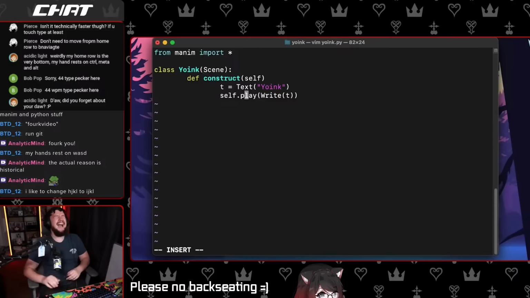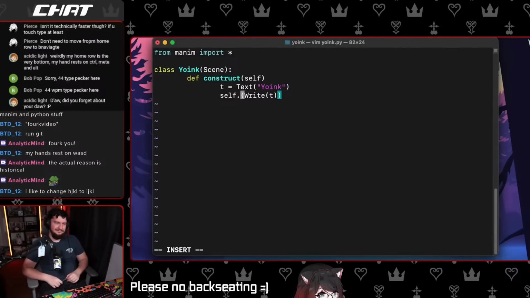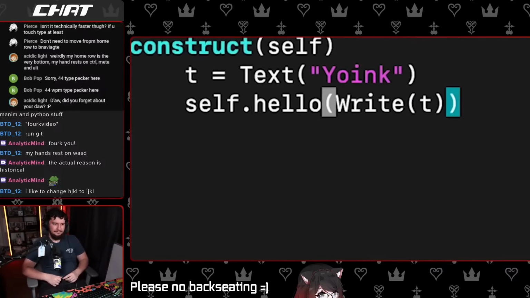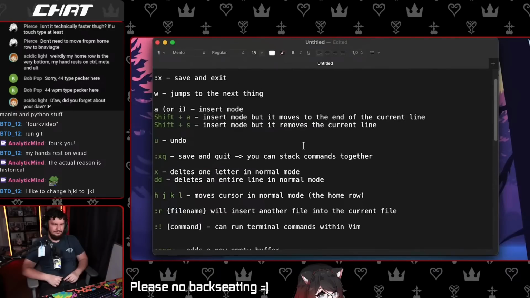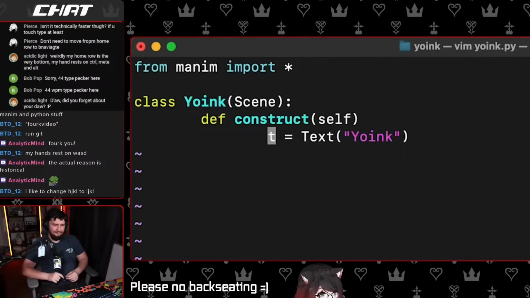Okay, so I'm on the word play. Yes, you did. Insert mode with Control-O. I say C-A-W, and then I'm back inside of the insert mode again, so I can say hello. Okay, ooh, there's so much stuff to remember here. And this is only scratching the surface. Okay, let's delete this, and let's actually create that animation.